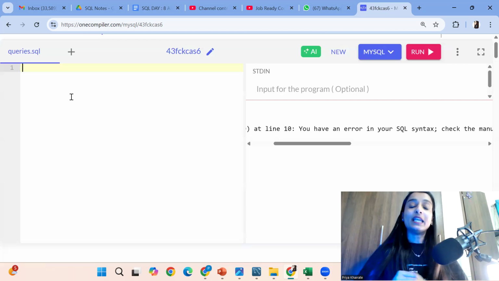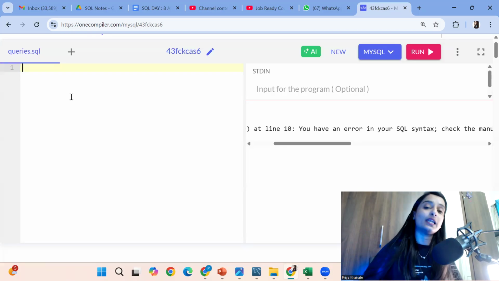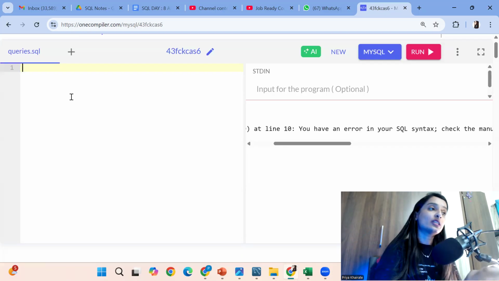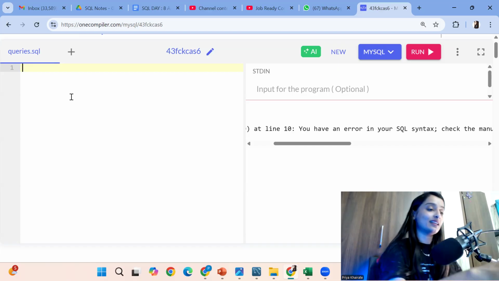See, table aliasing. Aliasing means temporary name. That's all. Like in your home you might have a temporary name, your nickname, right? Your mother might be calling you Chintu, but your original name might be Akash, Pooja, or Prakash. So that Chintu is your nickname, which your family can use to call you, correct? In a similar way, in SQL also, we can give nicknames, whatever you want, to your tables and to your columns. How to give? Let's understand.